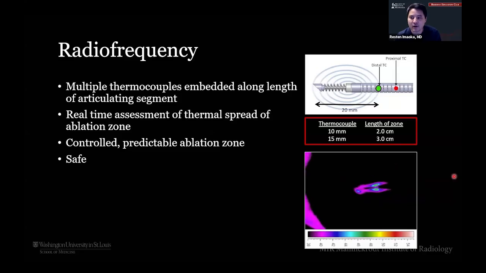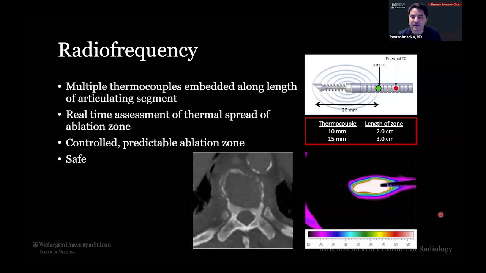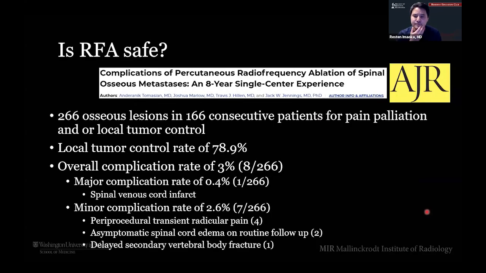And another reason why RFA is so safe in the spine is because it's impedance based. Things like an intact cortex are very resistant to the energy spread, and therefore the energy does not traverse it, right? So this is, of course, more difficult in patients where their cortex is destroyed, right? You got somebody like this where they've got all these holes in their cortex, or worse, if they have no cortex back here close to the spine. In those cases, you're going to have to be a little bit more careful, potentially employ some thermoprotective techniques, which we'll talk about later on.